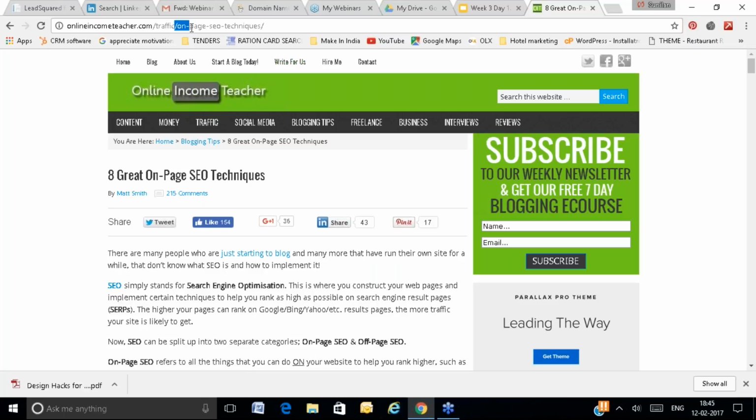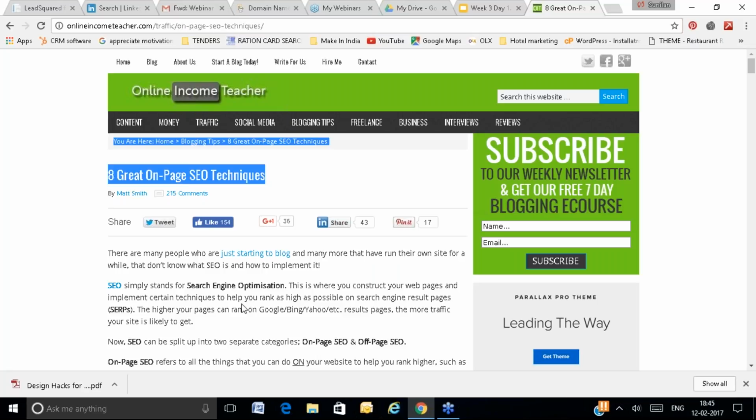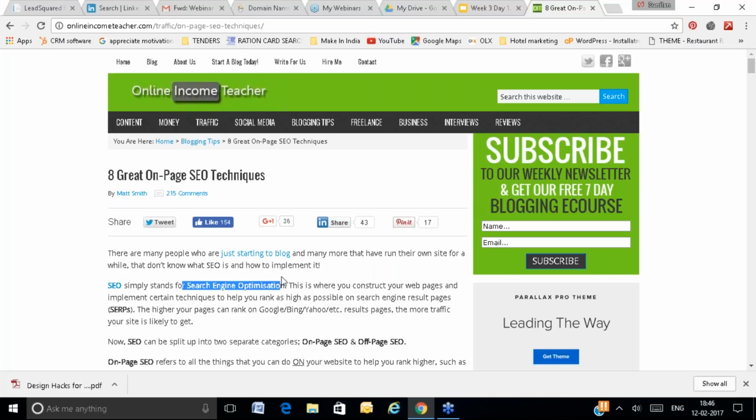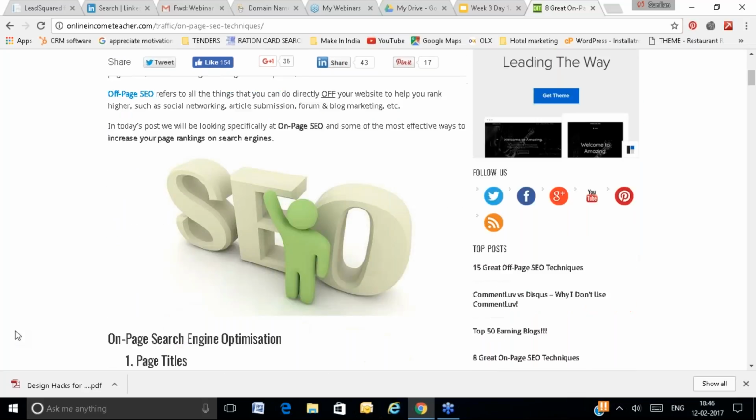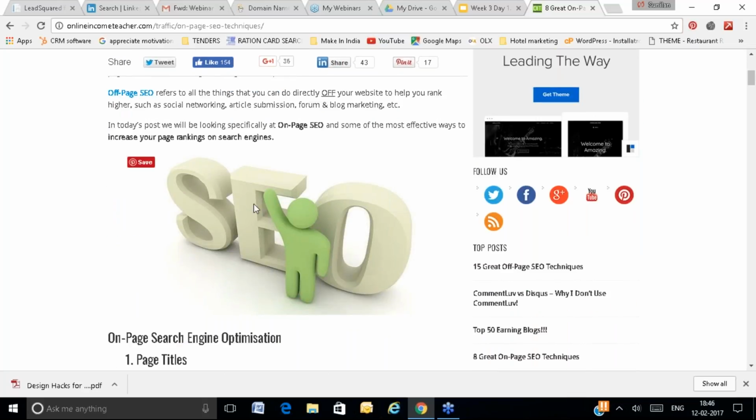So you have to use the keyword in the URL and in the page title, and make the keywords bold, italic, underlined, stand out, colored. You have to link one page with another page on relevant keywords. So all these are on-page factors. If possible, you can use images. Images should be optimized.